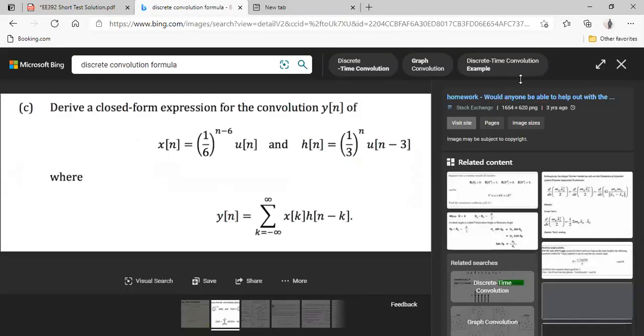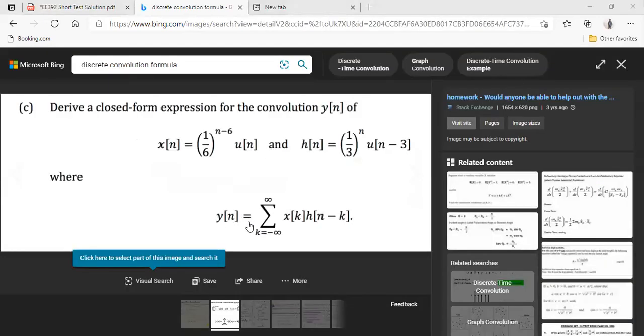So y of n is equal to the summation of x of k multiplied by h of n minus k. You can directly substitute your formulas in this case, or what you can do is actually make the graph. What I would suggest you guys do is usually try to draw the graph, because directly evaluating using this formula will be slightly difficult. So if we do that,